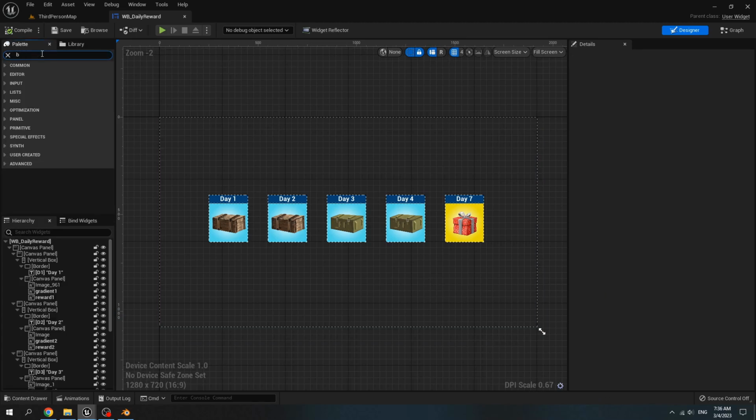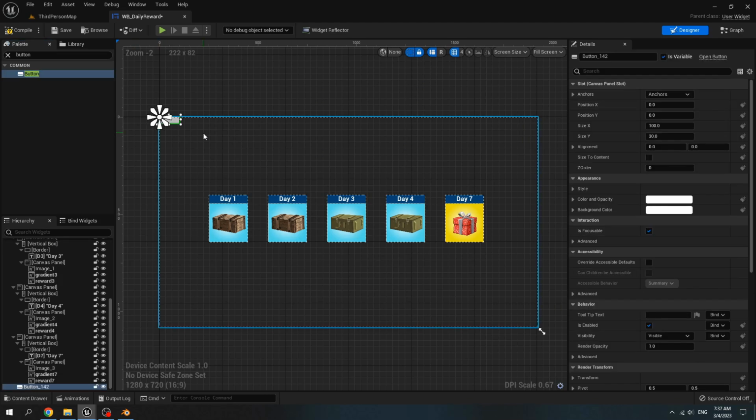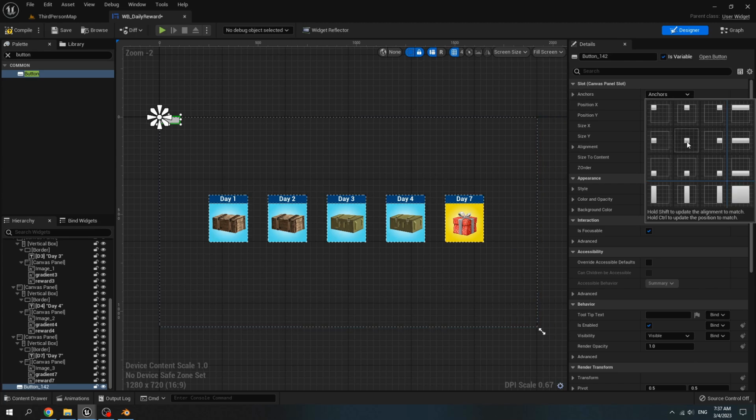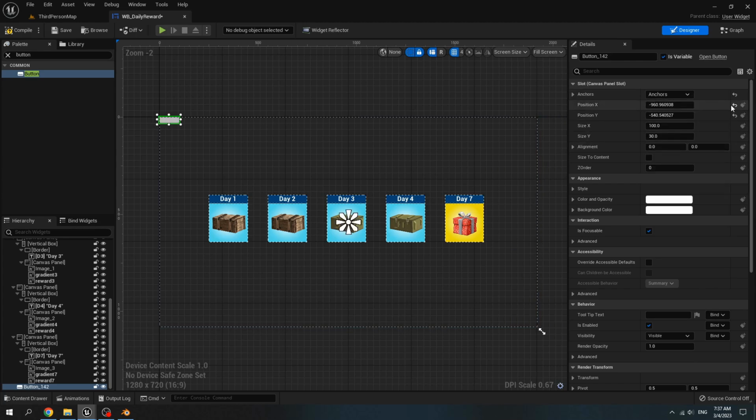Now search for button. Add it to the canvas. Then set the anchor to center and position to 0, 0. Align, set it to 0.5 and 0.5.